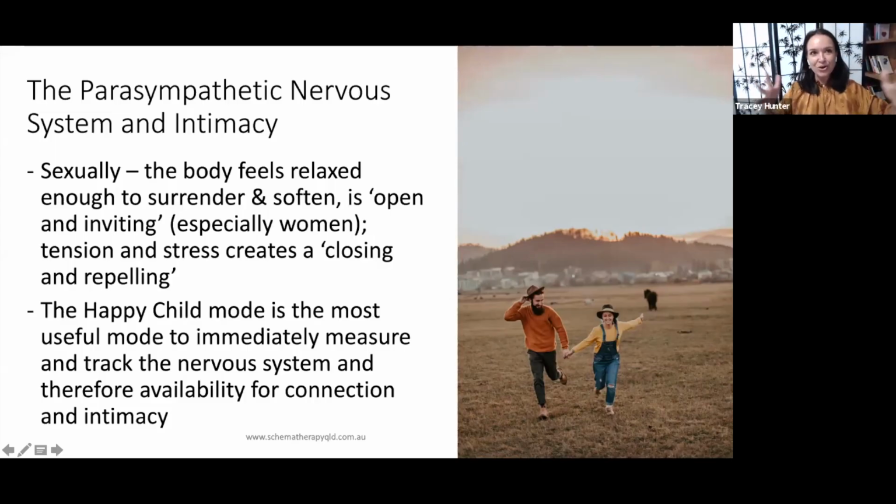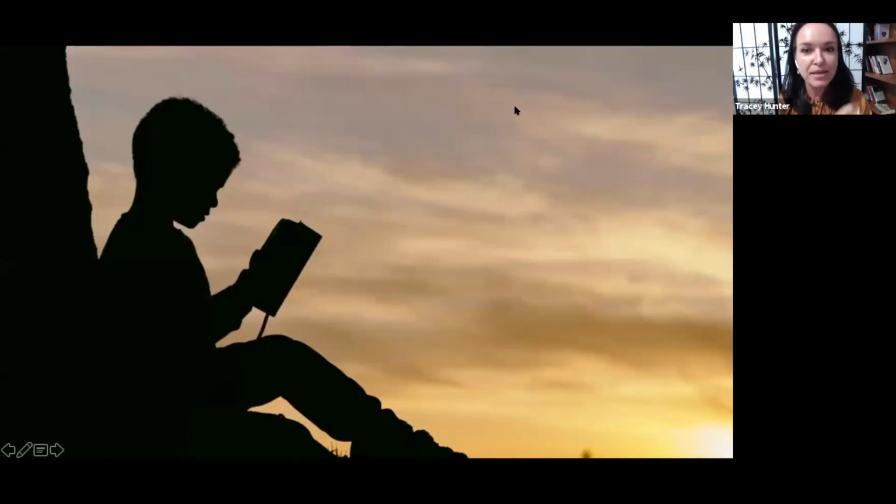Yeah. So the goal of this webinar is really to create a paradigm shift for you as therapists and also as humans to really start to prioritize this happy child mode back in our own lives. All right. Now here I've got a couple of images of a happy child mode, a contented child. There are so many different varieties of happiness, of contentment, of joy. And I encourage all of you to think back to your own childhoods. What were signs that you were in a happy and contented mode?